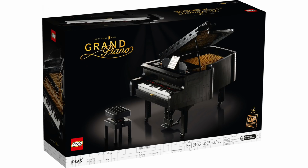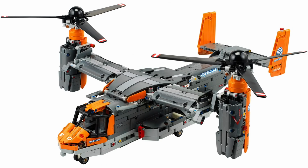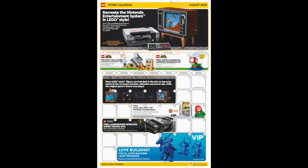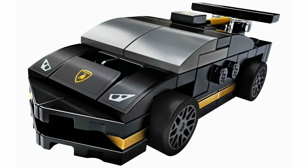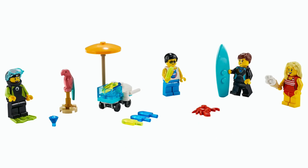So there you have it, folks. That was this week in bonus LEGO news, and there's always a ton for us to break down. Out of everything here, I'm probably most excited about the new LEGO Ideas piano. While I haven't decided if I'm going to pick it up, it was just really cool, and I'm very curious to see what will come of the LEGO Technic drama. I also can't wait for the LEGO Super Mario sets to give those a try,